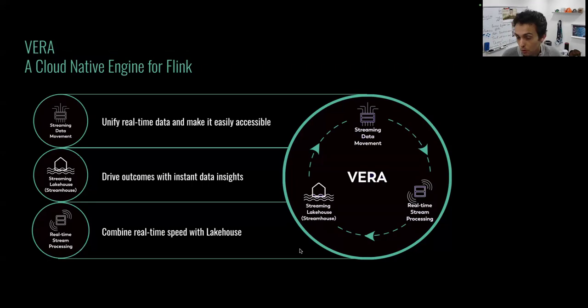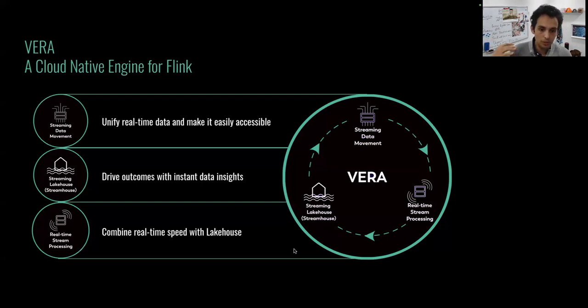The next thing, of course, is real-time stream processing, that thing Flink is famous for. Now, we have a custom storage engine inside Vera called Gemini, which gives you both tiered storage and faster joins for any reasonable amount of state. The problem with state is it's only going to get bigger. And the more successful you are, the bigger your state is going to be, which leads to the constant problem that you need small local state to be fast, agile and scalable, but you also need big state to have value. So we built a tiered storage engine specifically engineered around the demands of Flink.